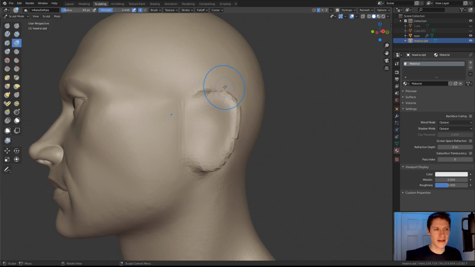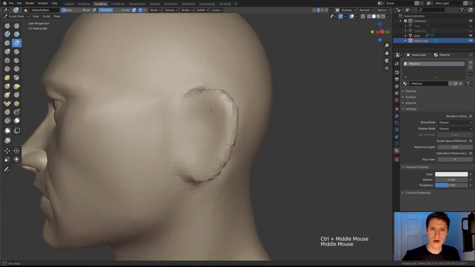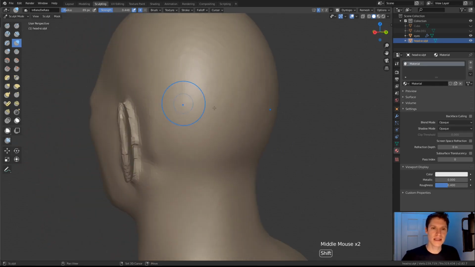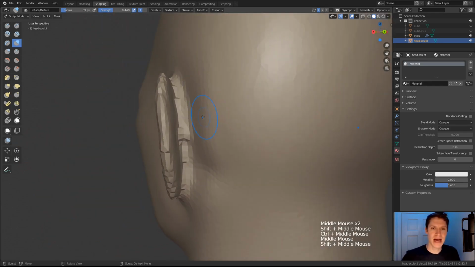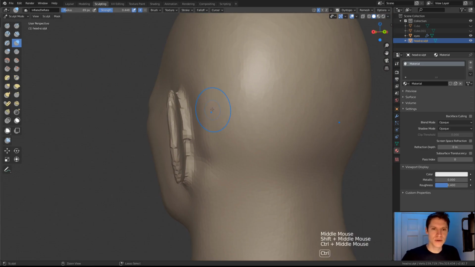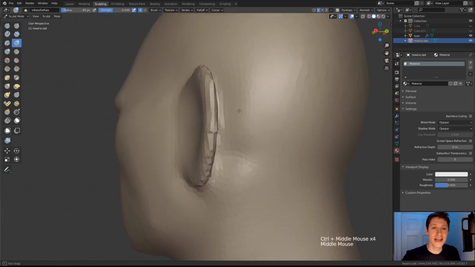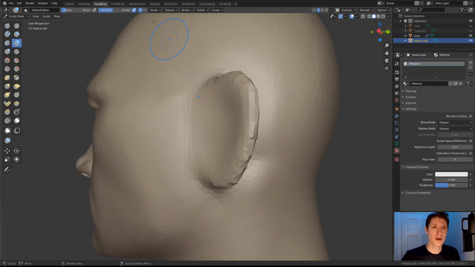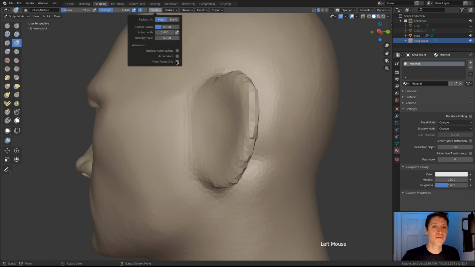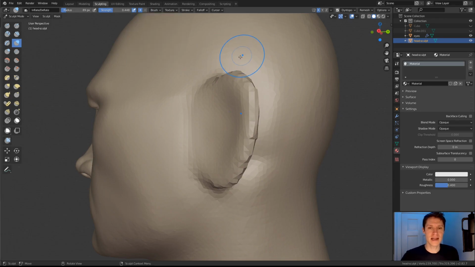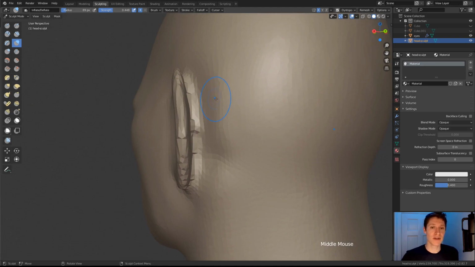That's one thing I see happen a lot for new sculptors, is they will sculpt the shapes of the ear on a flat surface instead of a concave one. And that always looks wrong. Now, before I spend too much time on the front, I actually want to address the back. Now, if I undo, you'll see that the back of the ear is affected. And that's because our inflate brush, and all our brushes as far as I know, do not have front faces only. So they will affect the back surface and the front,